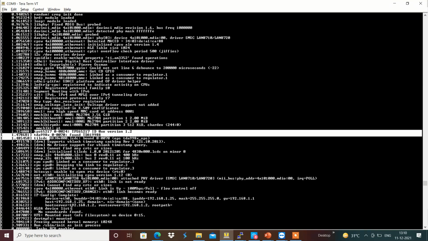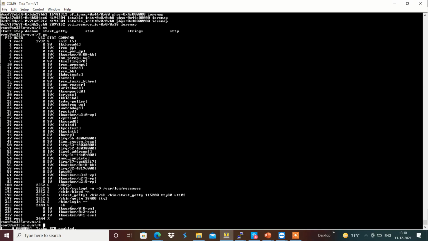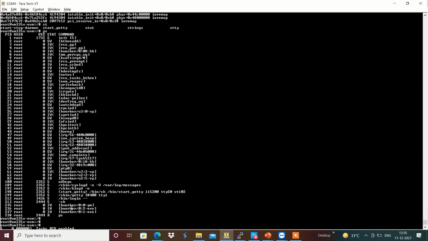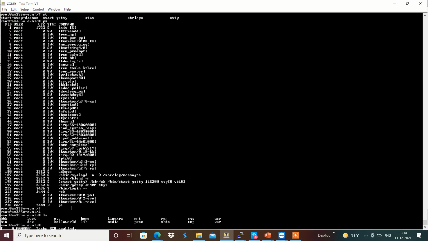No, actually all those modules are loaded, and for example, I am going to do ls. Whenever we do ls, the file system block of the Linux kernel will be accessed by the user space application.